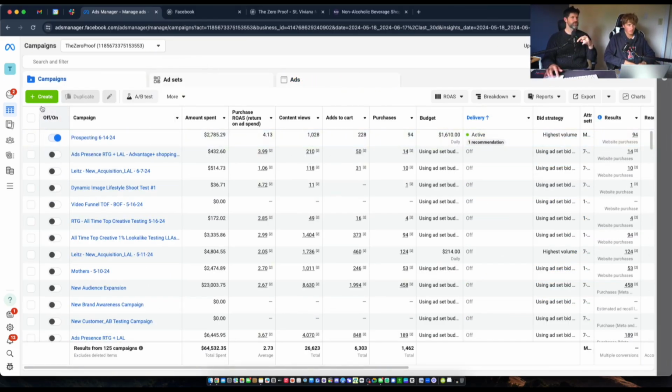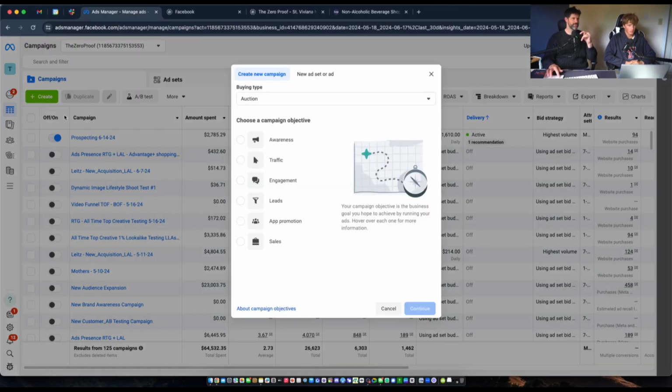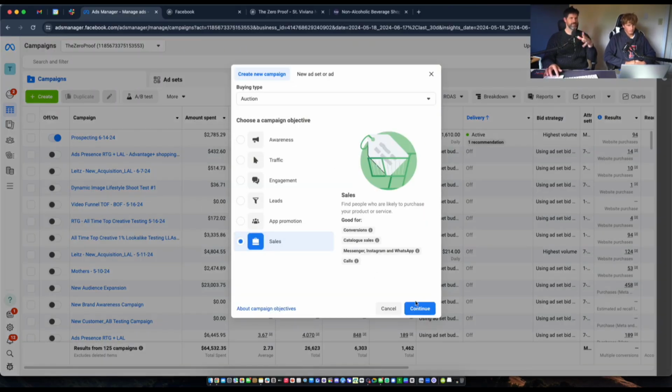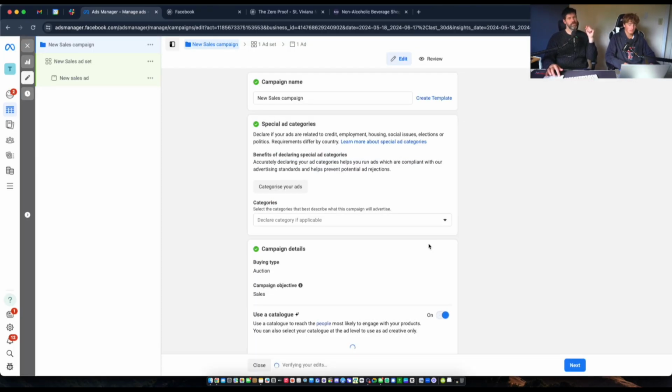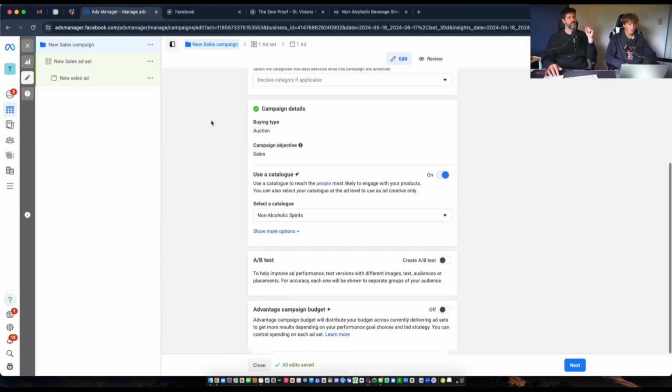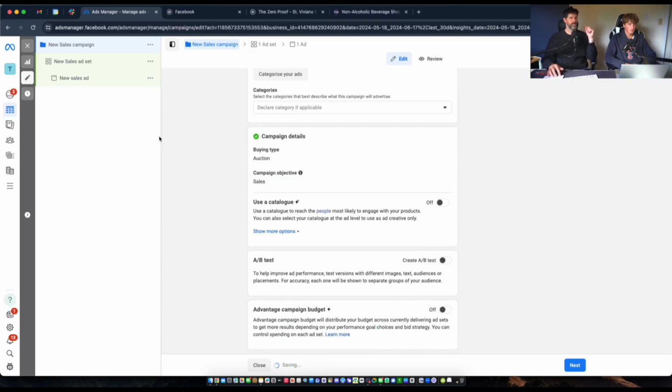So when you're in that campaign level, you click here and then you click sale, okay? And then it gives you 2 different options. All of this up here is called Advantage Plus. They have all this new whiz bang stuff always coming out, new ideas and new stuff, but it's always going to suck for the most part. So do a manual sale, and then you're going to be presented with this. I want to turn catalog off, because catalog is